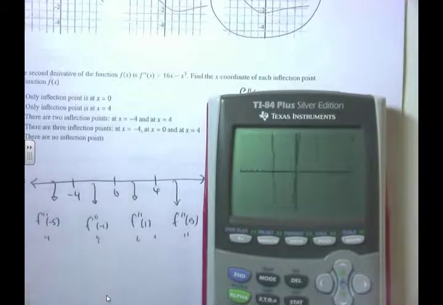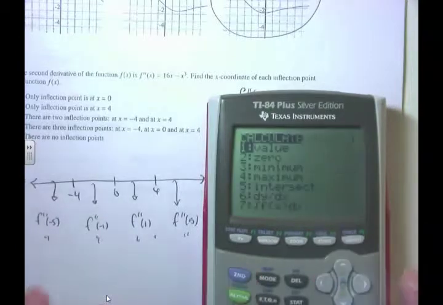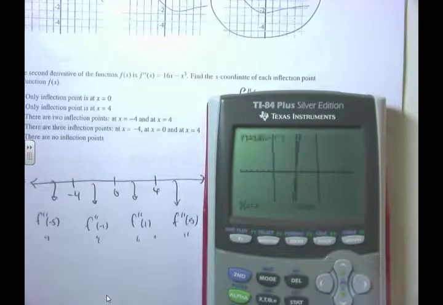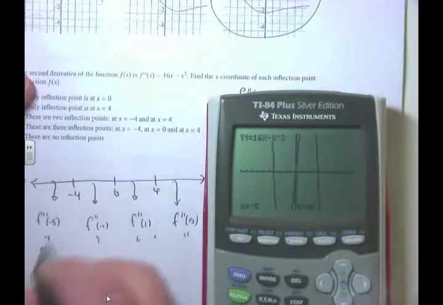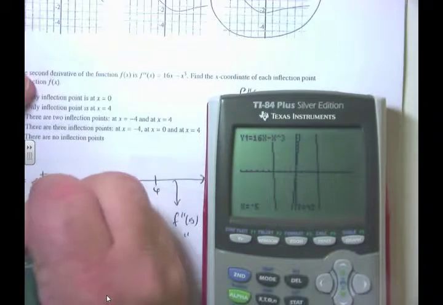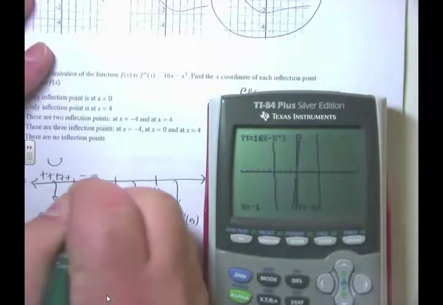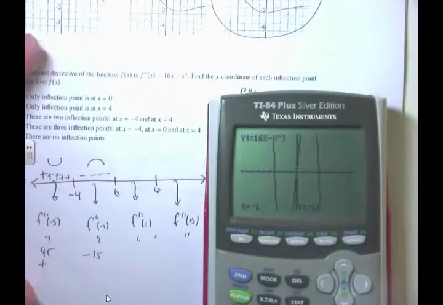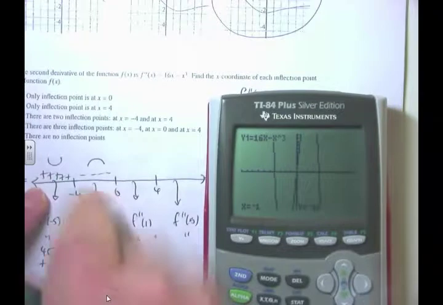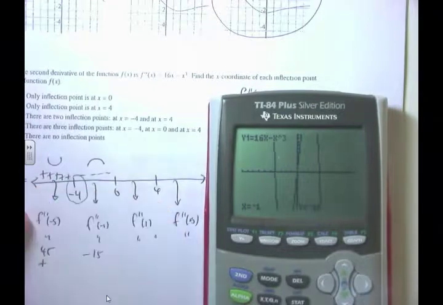And I'm going to evaluate these guys at these points. Second, calculate value, negative 5, I get 45. That's positive. That means it is concave up in that region. When I plug in -1, I get -15. It's negative, which means it's concave down in that region, which means I change concavity, which makes -4 an inflection